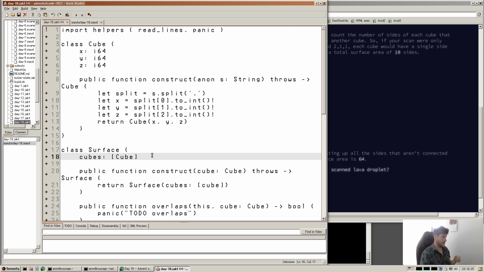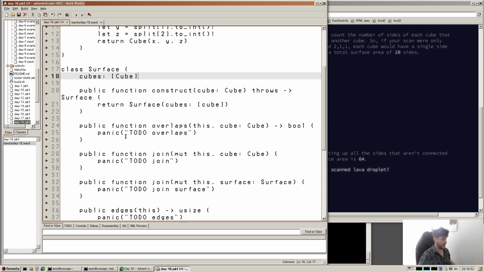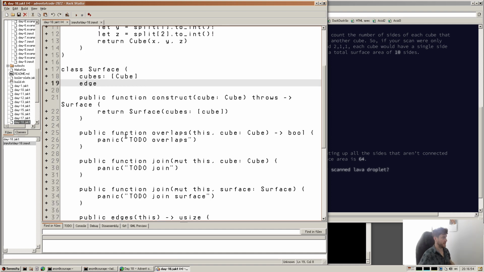If we then add another cube, it will be touching one of the other cubes in there, so it will basically have 6 for the new cube, but it will take away 2 per thing it's touching. So I think edges can just be usize, and maybe it can start at 0. Yeah, and so when we join this cube,